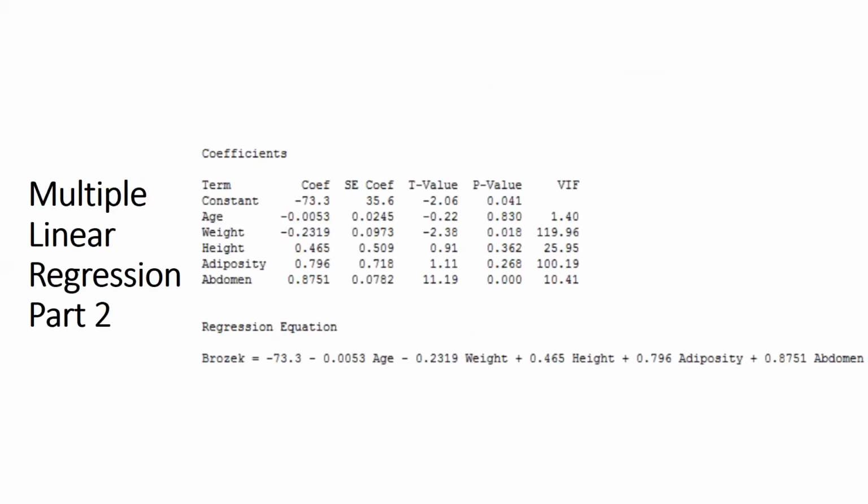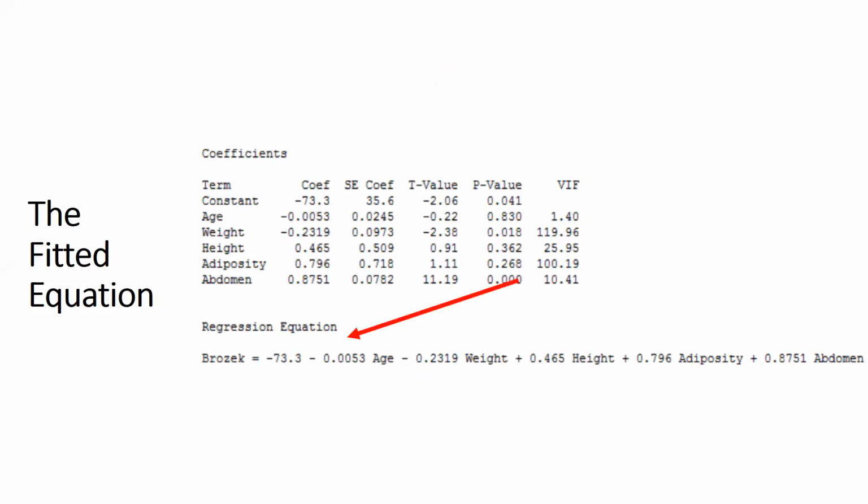But once again, I'm intrigued by the bottom of the output. Nowadays in Minitab, they print the regression equation at the bottom, which I think is a little bit frustrating, because it seems to me that that's what the process is all about, is finding that equation. Because that's the formula that you would give to somebody to say, here, use this to predict body fat percentage using these independent variables or X variables. So the regression equation, the fitted equation, appears at the bottom of the output, the standard output for a multiple regression in Minitab. I should also say that at least in Minitab, the multiple regression and the simple linear regression functions are the same. There's one regression function that gives you both.